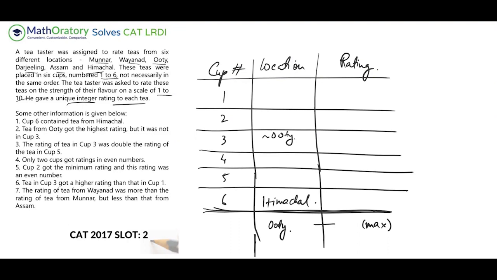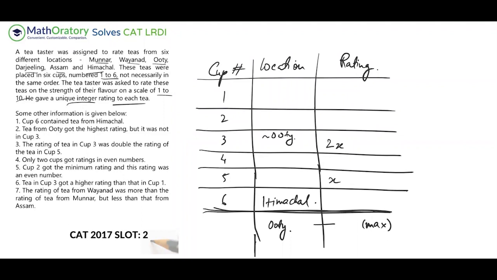The third says the rating of cup 3 was double the rating of cup 5. So that's the sort of relationship in the rating. I'll indicate that by a variable, just to indicate this relationship. So if this is x, this is 2x. So double of that, right? Don't take it as a predetermined thing that using a variable always means solving with equations. It's just to determine later on, or to visually understand, that these two ratings are interacting in this way. So that is the third information.